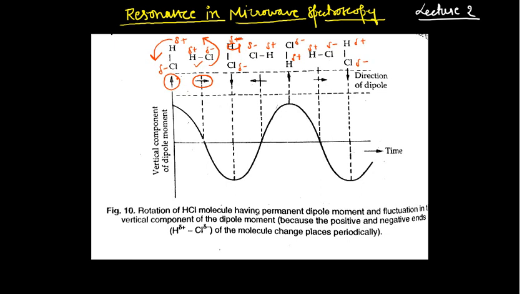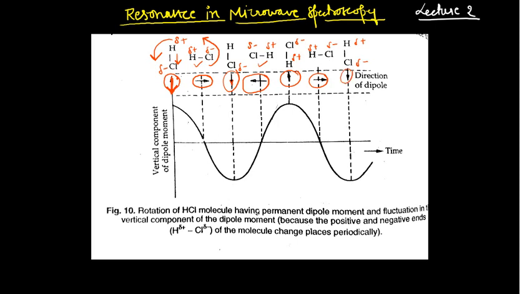Let me correct it. Actually in that case you can see, in the first case your dipole moment is facing downward, because you know dipole moment is always facing towards the electronegative atom, so it is facing downward, okay. Rest is okay. And when it is rotating in that manner, in the next case it will go upward. Now in that case, if you change this, it is again facing downward. Then if it rotates, it is going from right to left, and then upward, then right to left and right to left. So this is the direction of the dipole moment which is being shown.